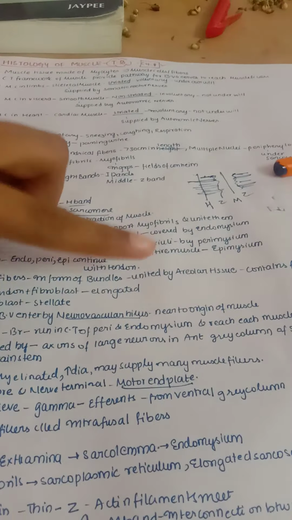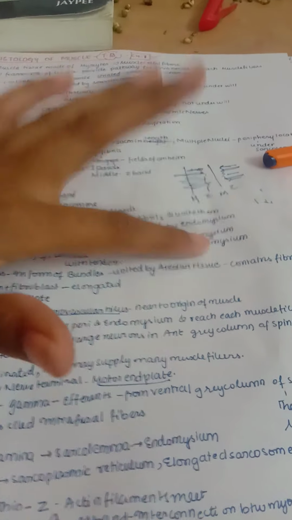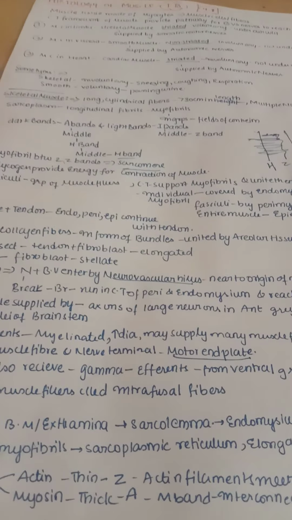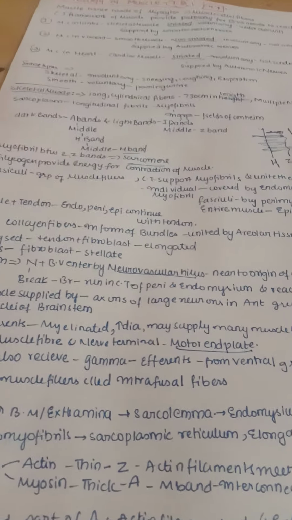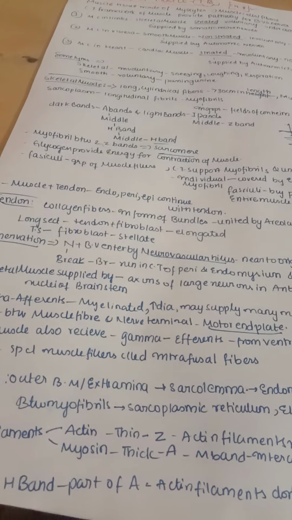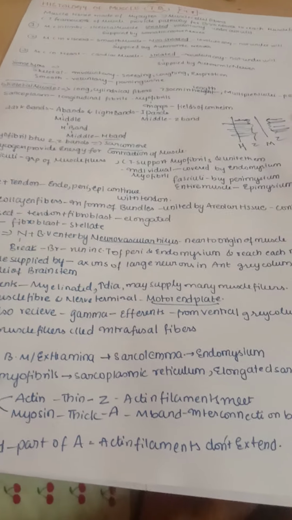So these two groups together are covered by the entire muscle, which is covered on the outside by the epimysium. So the muscle and the tendon together have endomysium, perimysium, and epimysium, which are nothing but continuations of the tendon. So what is a tendon? A tendon is nothing but collagen fibers in the form of bundles, and they are